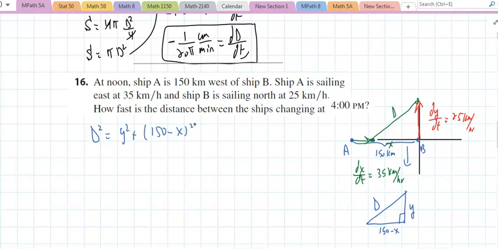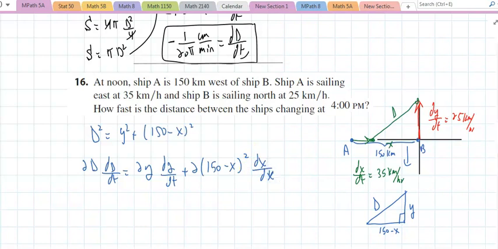There it is. And if I take a derivative of this, well, let's see, 2d, the change in distance with respect to time, is 2y, the change of y with respect to time, plus 2 times (150 minus x), the change of x with respect to time. But that's a negative. Right? The derivative of the inside is a negative 1. So,